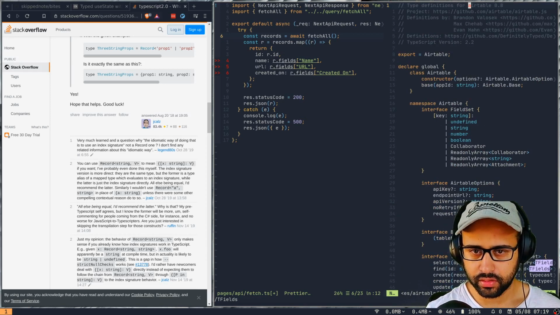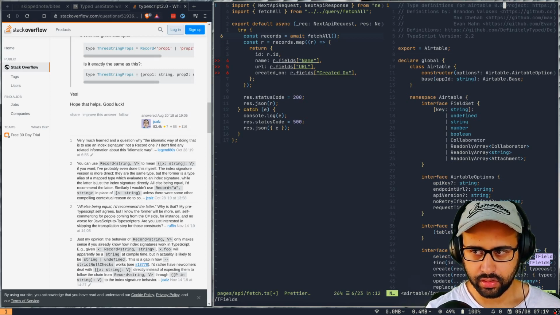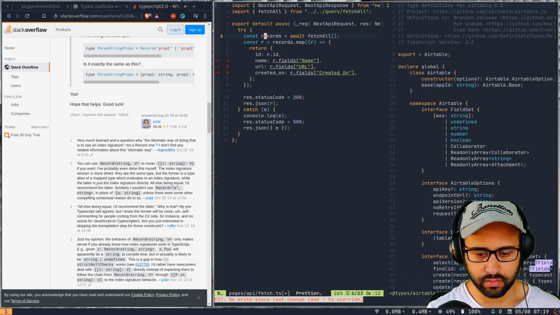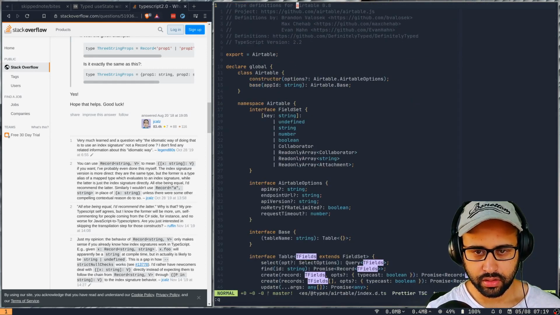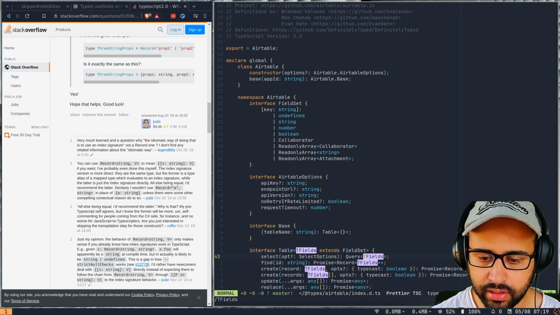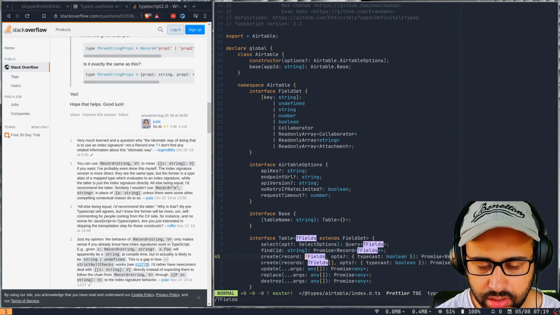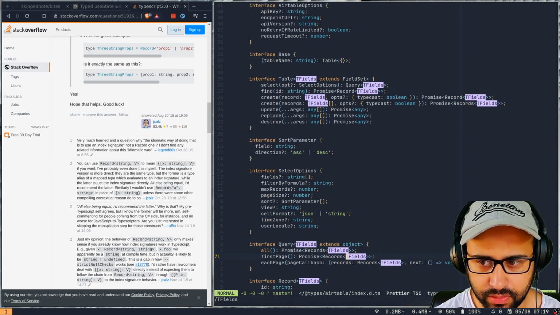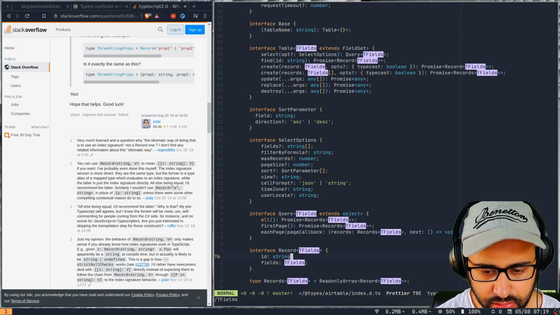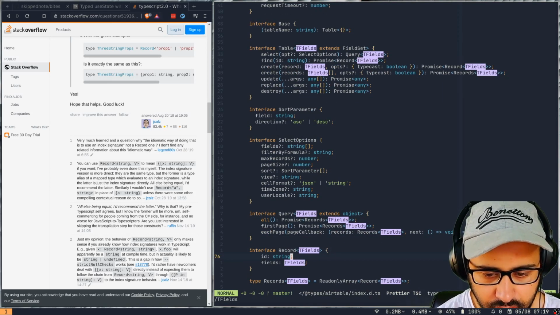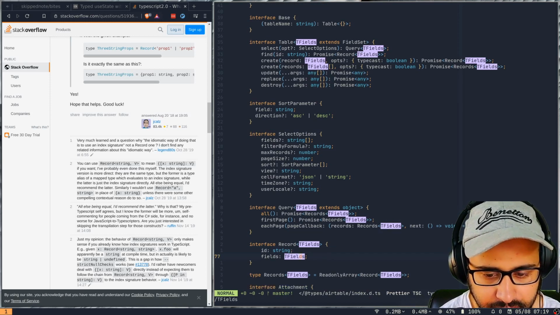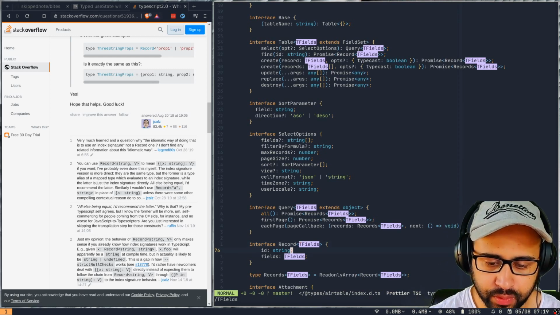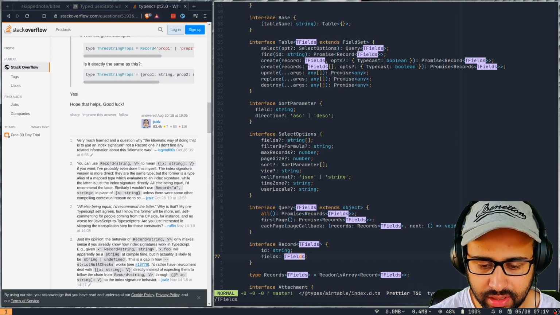I'm confused here, unless I'm sort of thinking about it in a wrong way. I'm not really sure. So where does T field come from, right? Like we have a table that extends it, or is T field a generic here? I think it might be a generic here. Sorry, so this is a generic. And any record, so we are defining an interface called record, and it takes in id and it has T fields.